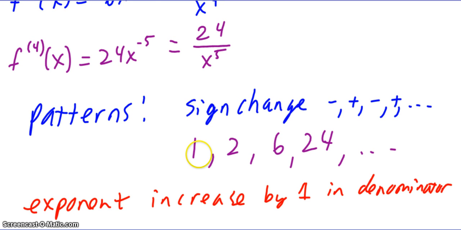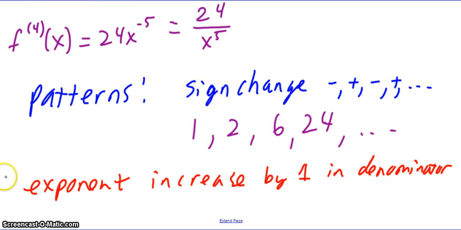Then I also noticed the coefficients. So the coefficients were 1, 2, 6, 24, and so on. The next coefficient would have been 5 times 24. So where are those numbers coming from? Well, we'll discuss that in a second. And then the third pattern is the easiest one, is the exponents are increasing by 1. Okay, so let's go back to discussing,